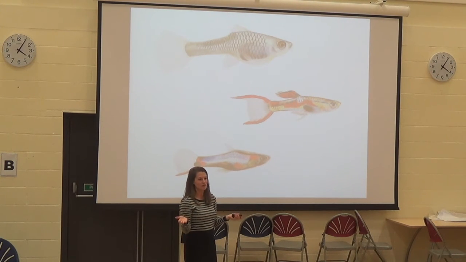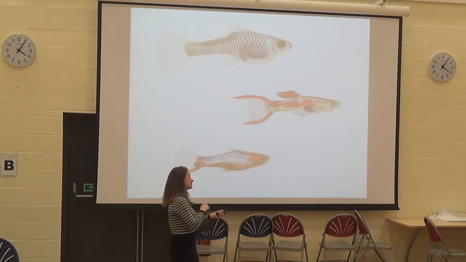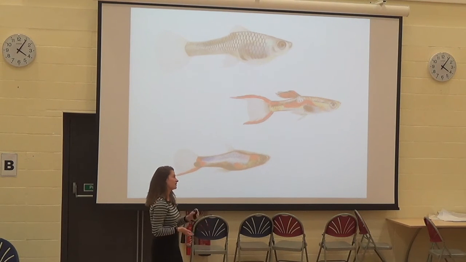So people have looked at preference studies of guppies. You give them a choice of different males, and you essentially see which one they prefer to mate with. They like males with orange colours, and they also like colour patterns that they've never seen before. So if you give them the option to mate with a male with a colour pattern that they've not seen before, they will prefer that. So they like orange and they like novelty. Again, not really clear why that is.